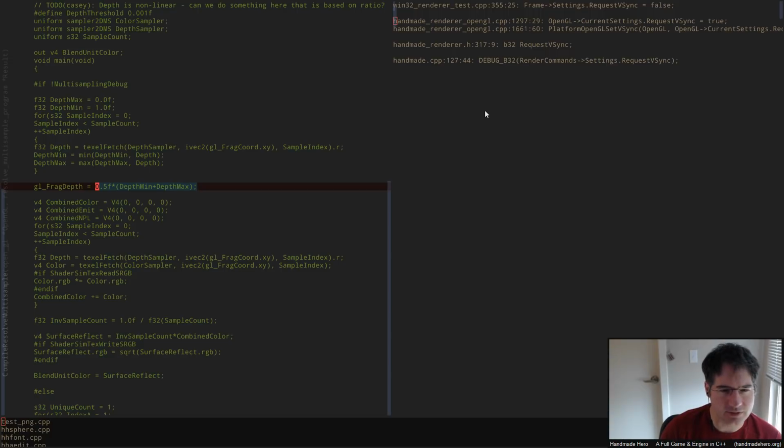I'll be honest, I don't understand why we really did that. I'm not sure why we didn't just use the one that had the highest alpha. So I'm not entirely sure why we did it exactly that way, but anyway, we looped over the sample count,